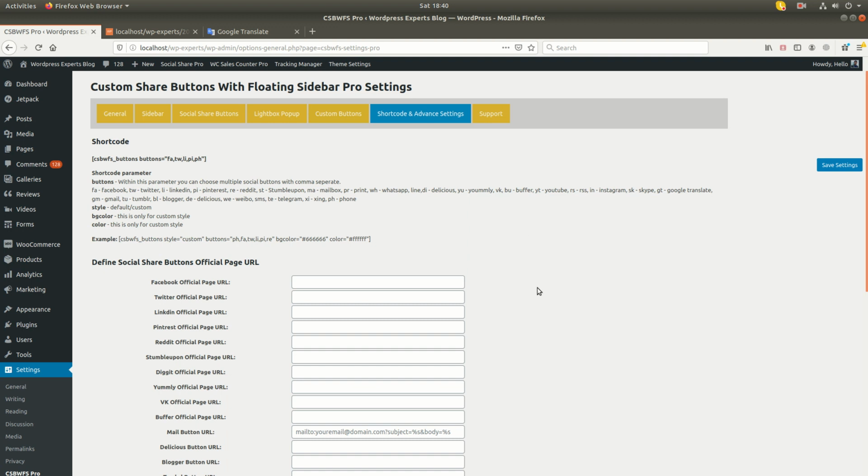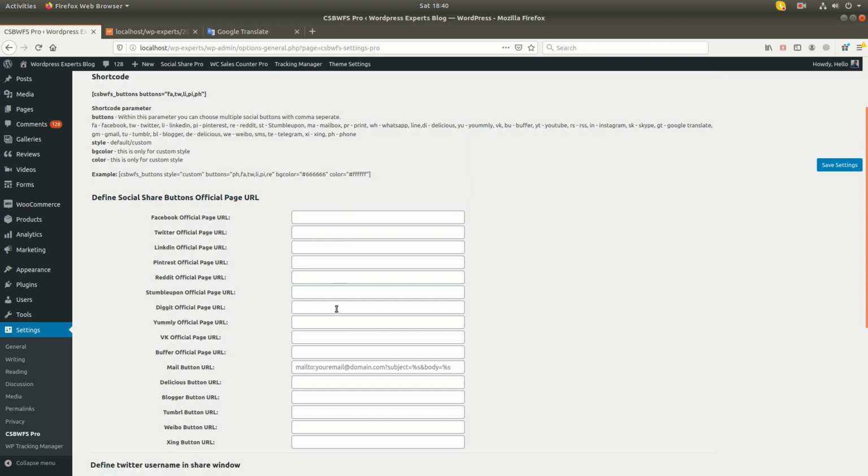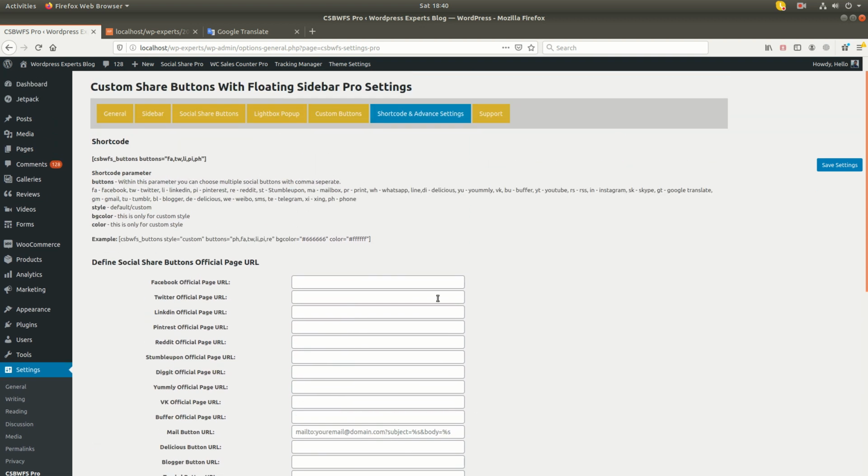Like, if you don't want to use the Facebook button as a share button, in that case you just need to define your official page URL here. After you add the official page URL, the button will work like a normal social button. It will not work like a social share button. It will work like a simple social button.